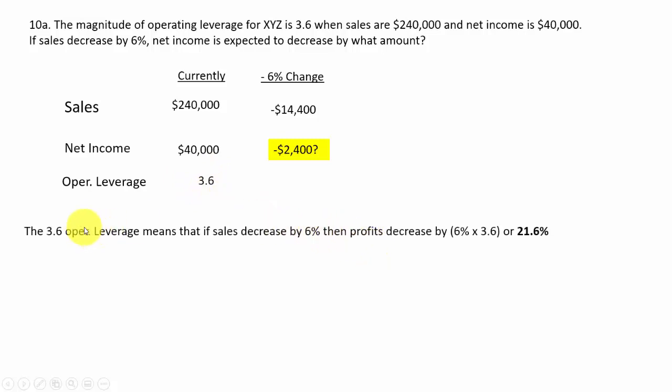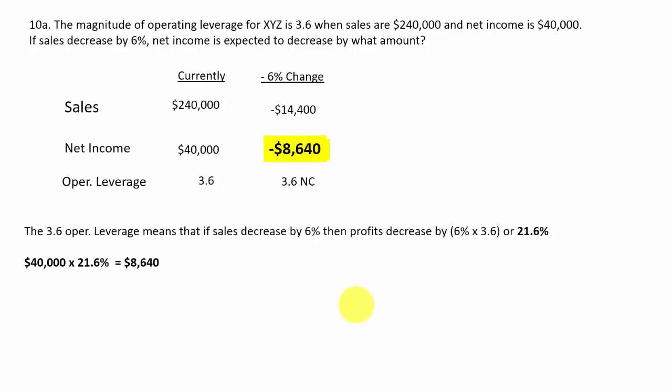So when our operating leverage is 3.6 and we have a 6% decrease in sales, then profits are going to go down 6% times 3.6, or they're going to go down 21.6%. So you can see we have a huge drop there if we have a lot of leverage. So if our income was $40,000, then we're going to take 21.6% of that, and that's how much our decrease is going to be in net income. Not $2,400, but